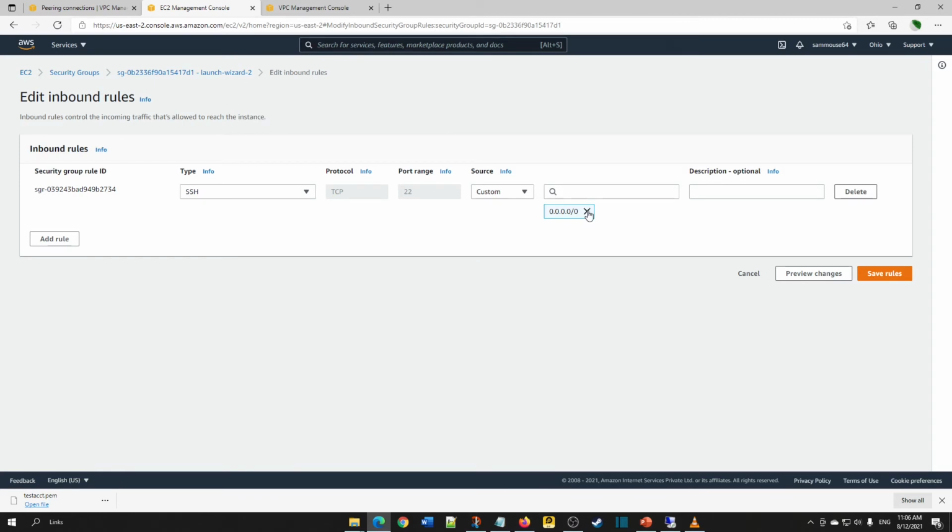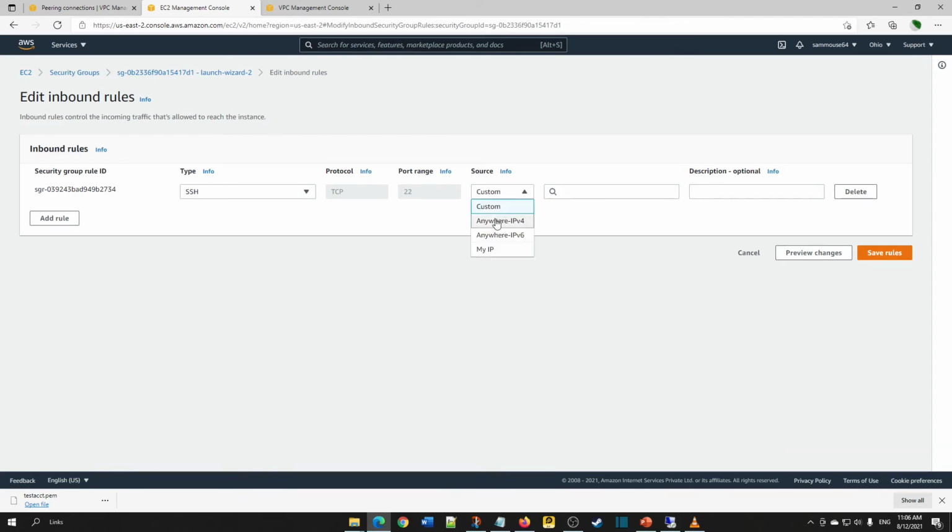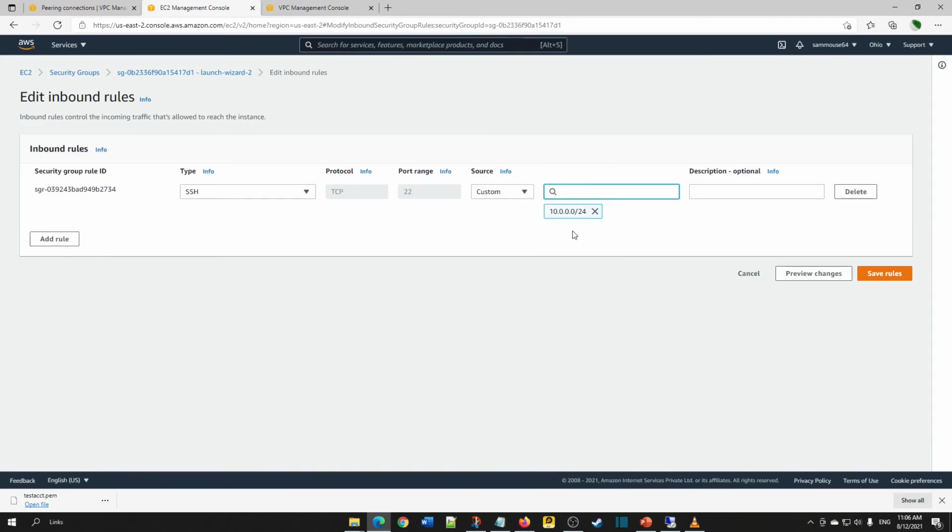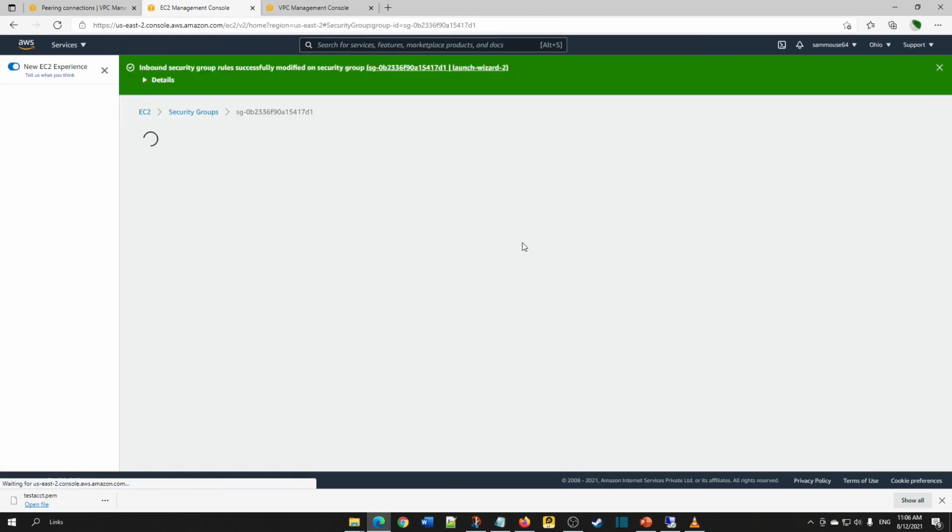By default it is set to internet. So we are going to give our custom CIDR range from the peering connection. Click on save rules.